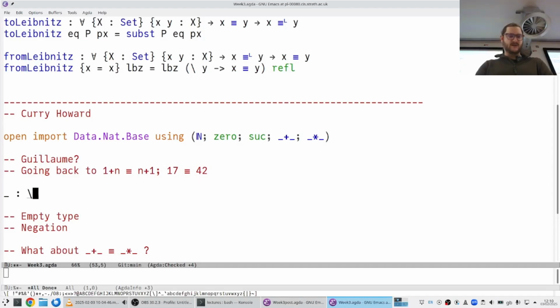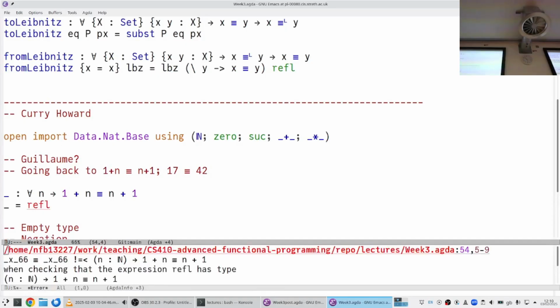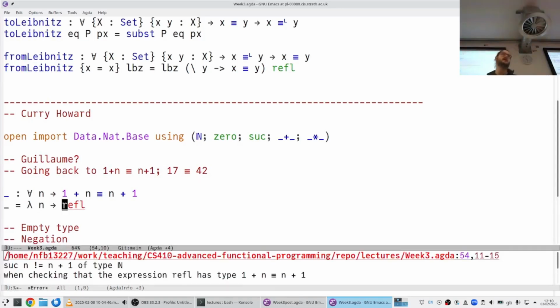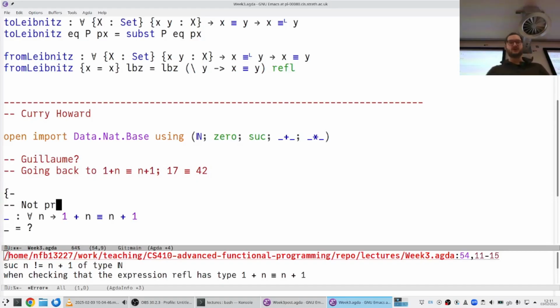lectures, we looked at these two facts. So we had 1 plus n equals n plus 1. And we said, well, we tried to prove this using REFL, and it didn't work because I couldn't see that they were exactly the same on the nose. But then we saw a proof by induction that these two things are true, right? We said, well, if I take n apart, I can actually justify both a base case and a step case, reducing the statement to a simpler one. So this was not provable using REFL, but it was actually provable using a more powerful proof principle, which was induction.